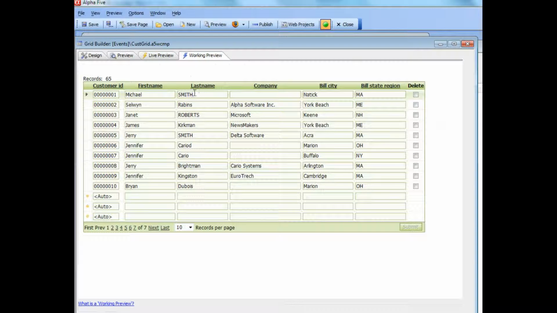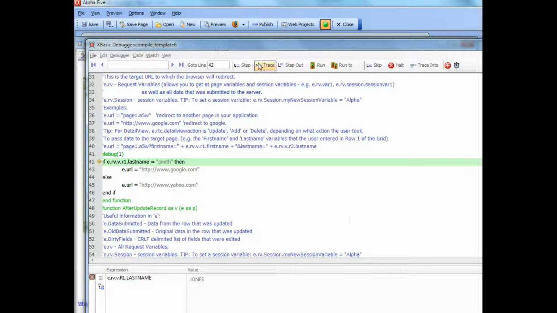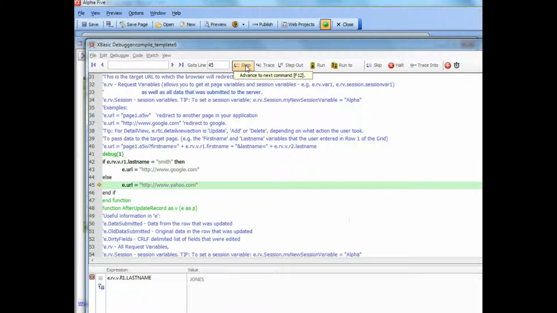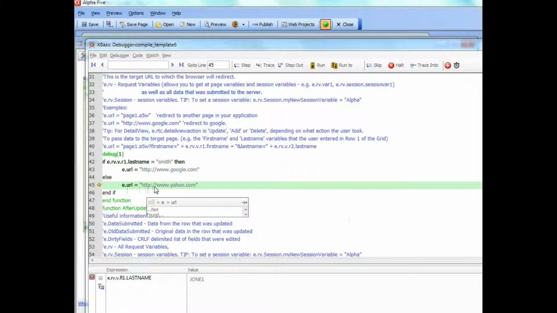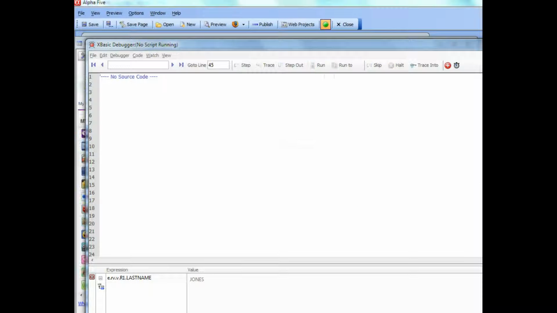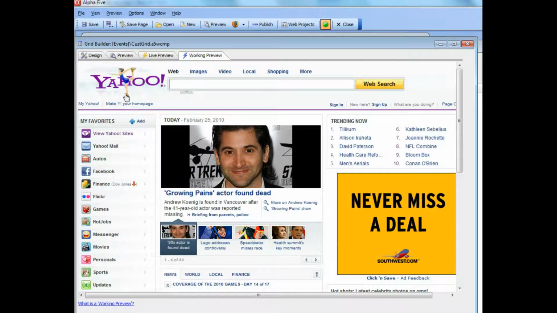and go ahead now, and this time we'll type in say Jones, and then submit. And now let's go through our debugger, and you can see now that we're setting e.url to http Yahoo. So we'll go ahead now and just say run, and go back here, and you can see we're now at